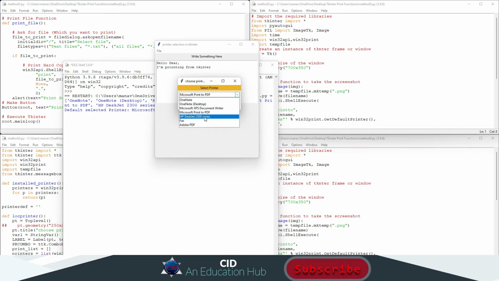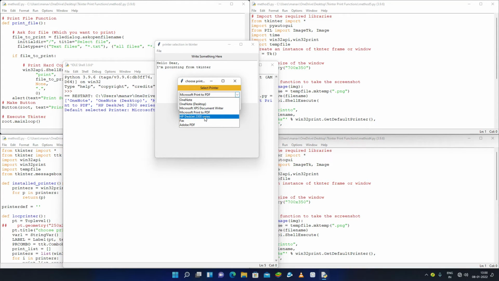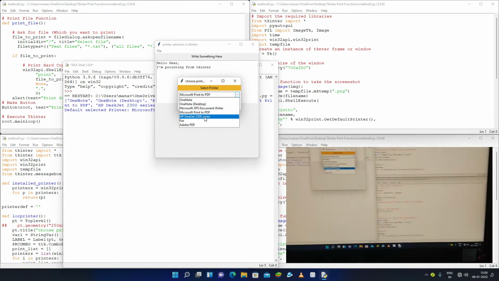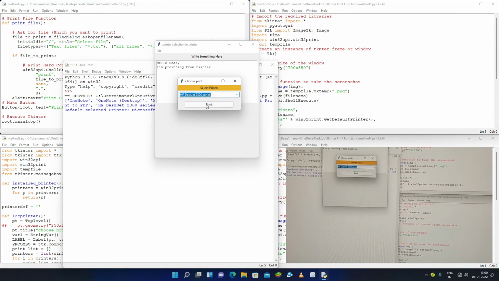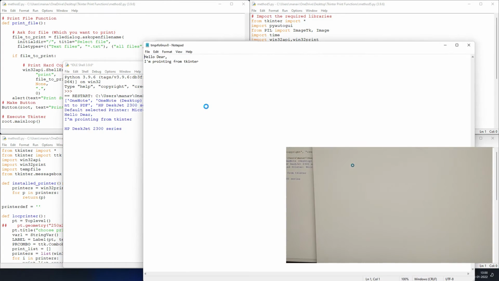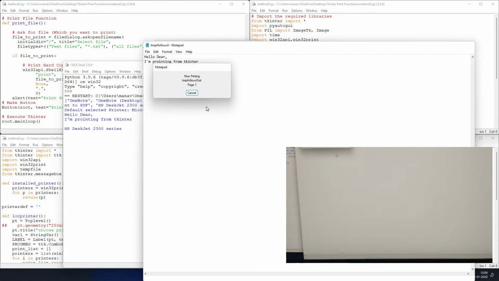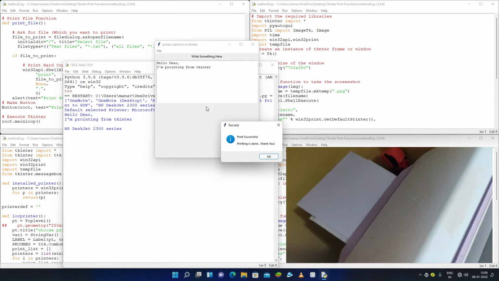Let me show you with my mobile camera that this is my printer, and now I'll be able to print. So I'll just give here the printer name, and then I will print. So it is being printed in my printer.